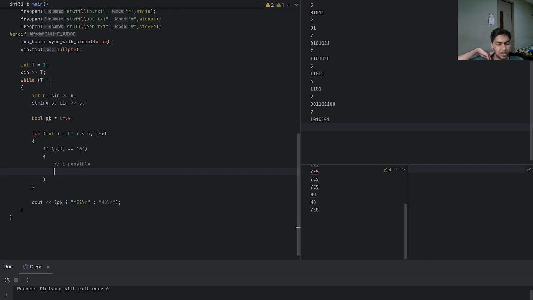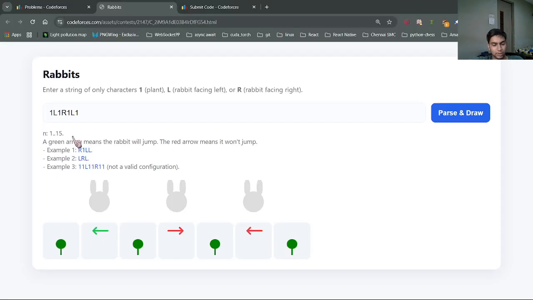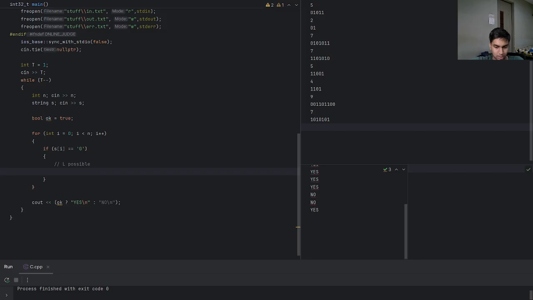Now how do we check whether L is possible or not? L possible or not, meaning can the rabbit be made to face left side, without jumping. If I is zero,